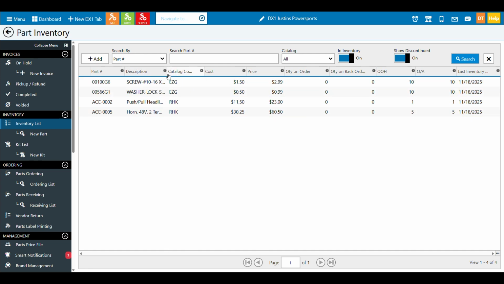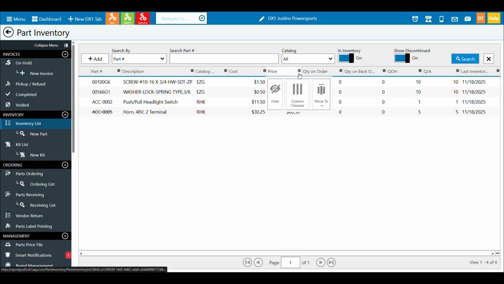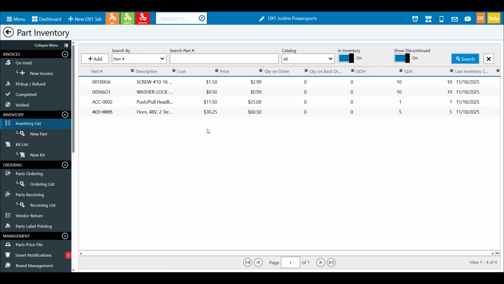If I want to come over here and see the description, I can also easily bring it out farther or double click. Double click will, just like in Excel, try to use your margins to bring it in and give you exact spacing. And at any point in time you want to hide these, you can go back and use the column chooser, or you can simply say, you know what, I don't want to see the catalog. Let's just hide this column.